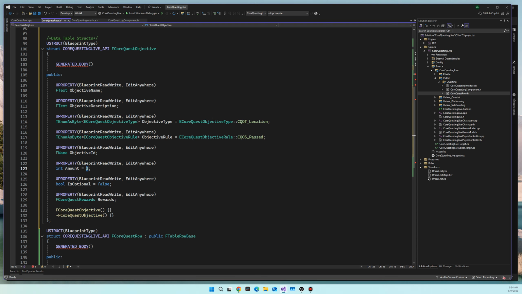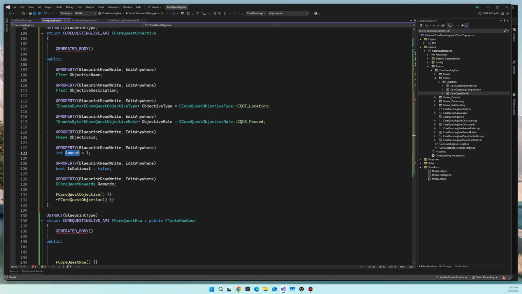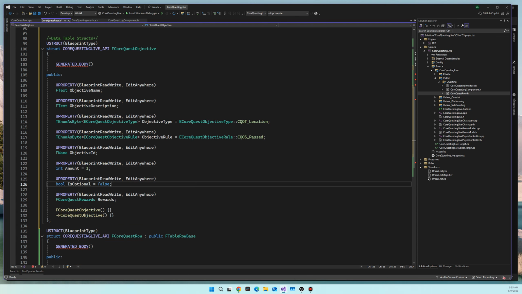But by default, everything should at least be 1. If it's a time quest, then it would be seconds. It's just the amount of thing that needs to happen in order for us to meet the objective. And then I've got a little boolean check here, is optional. By default, it's false. So an optional objective would be,